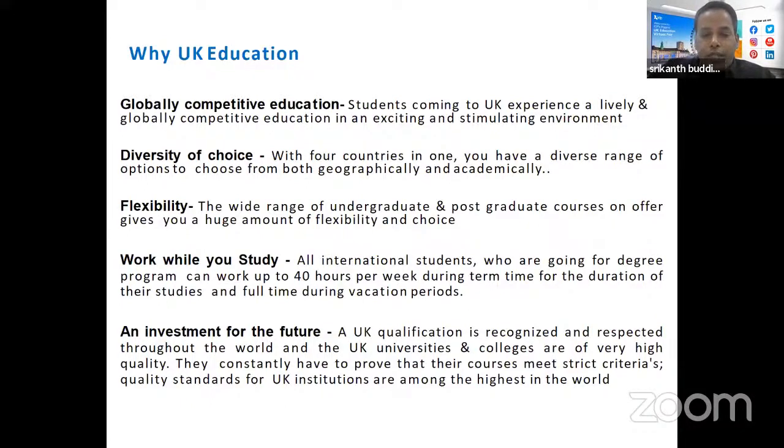We have flexibility, so you can choose different courses at postgraduate level. If you are from a computing background, you can go for data science, computer networks, artificial intelligence, or business analytics. Those are the popular programs, and you will get a job easily after completing your master's, and very good internships with Accenture, Facebook, and Microsoft. If you are a mechanical engineer, you can go for automotive or advanced mechanical. An EEE student can go for artificial intelligence and robotics, and an ECE student can go for communication systems or computing.